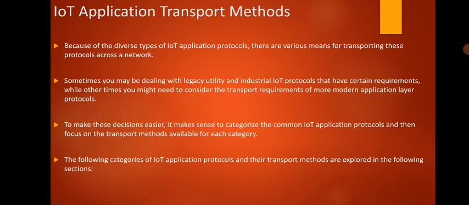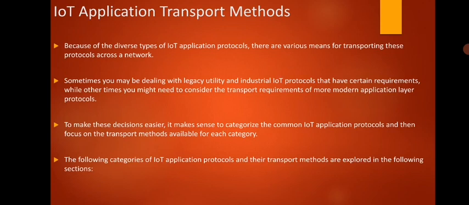According to the previous discussion, we came to the conclusion that whatever application protocol we may be using in our IoT network, if it is based on User Datagram Protocol, then it will help us achieve efficiency. When we compare TCP and UDP, there are some main points where TCP is a bit lagging compared to UDP. So we'll go for UDP itself. Next, we need to go for IoT application transport methods.